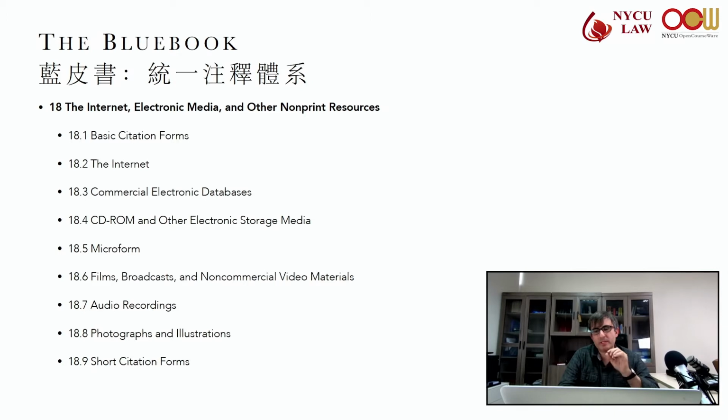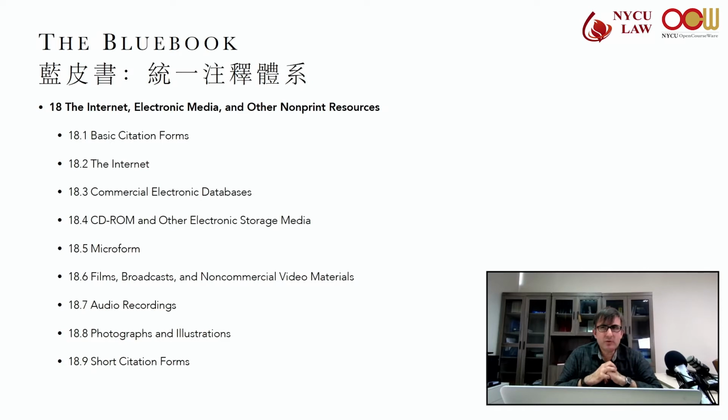But we'll really dig deep into a few of them. But my suggestion is to consult, if you think you have one of these citations, or you want to point to one of these sources, go to Rule 18.1 and just kind of scan the chart in A and B to kind of get an idea how you might cite that.